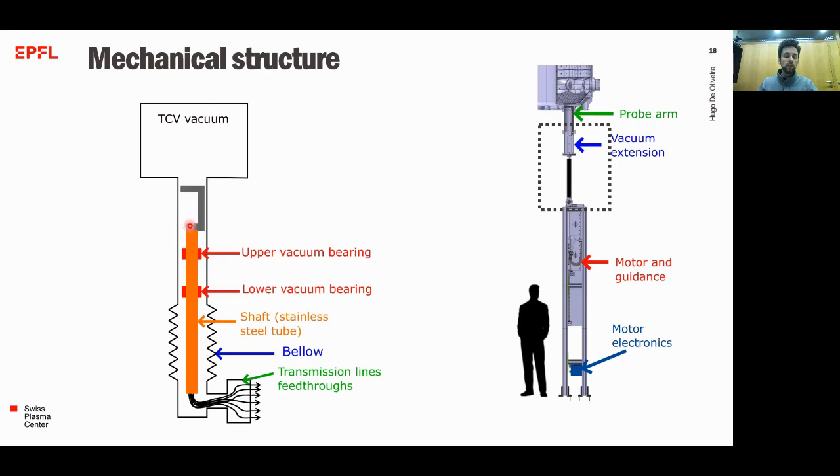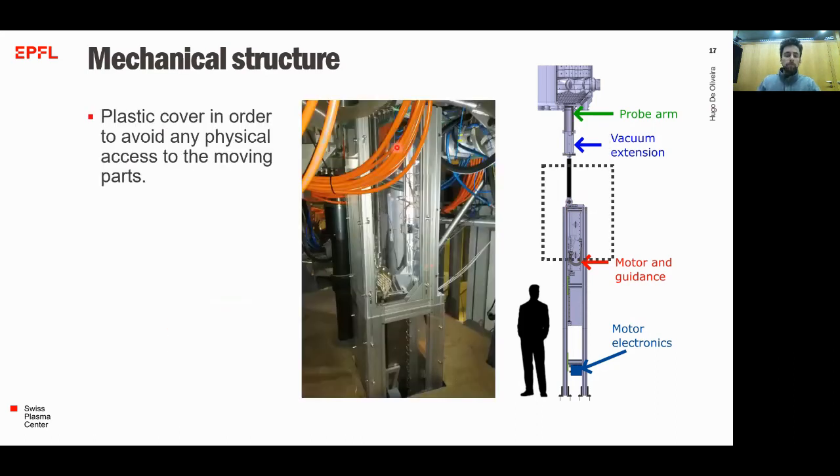And the shaft is a stainless steel tube, hosting all the transmission lines in the vacuum, and at the end of the feed through, right at this position, the bellow compress and expand and enables to maintain the vacuum during motion. Outside the diagnostic, there is a plastic cover that prevents any accident, any worker to touch the part in motion. We try to minimize the footprint of the diagnostic in order to have an easier access to the diagnostic and for future diagnostics.